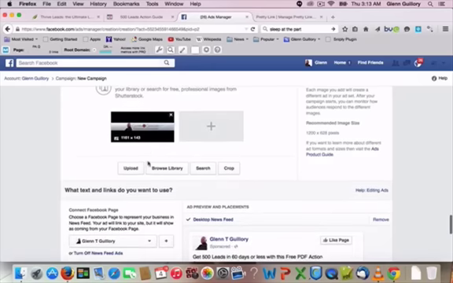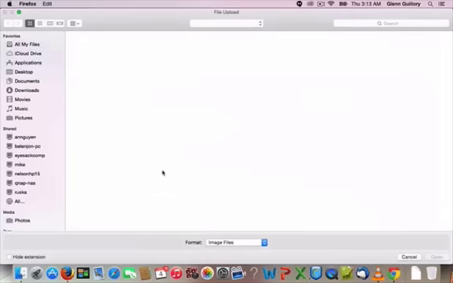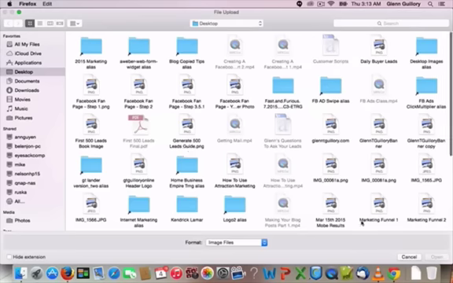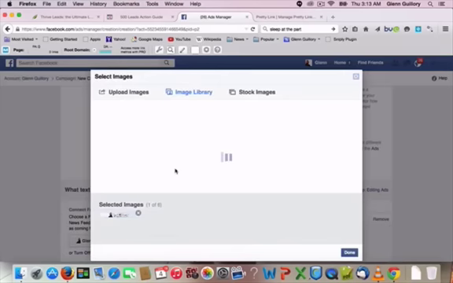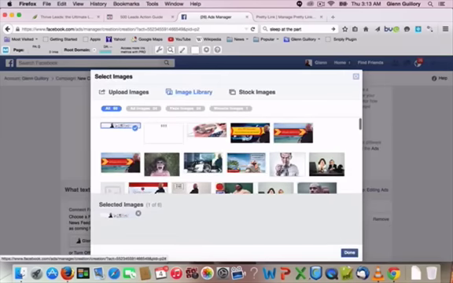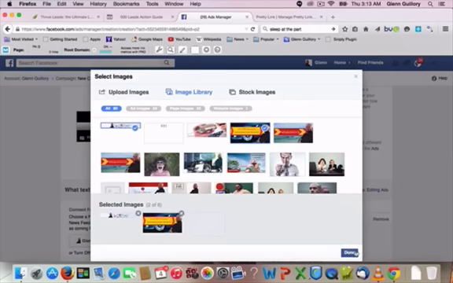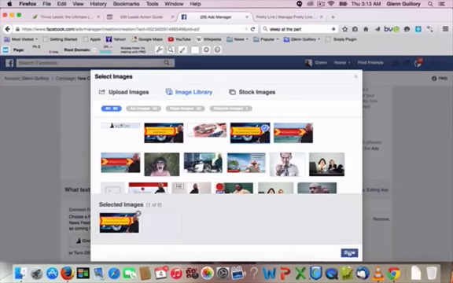This one right here is just from the website, and I don't want to use that. We would upload what we actually want to use, but I'm not going to do that because I already have it loaded in my library. And we're going to pick this one, and we're going to eliminate that